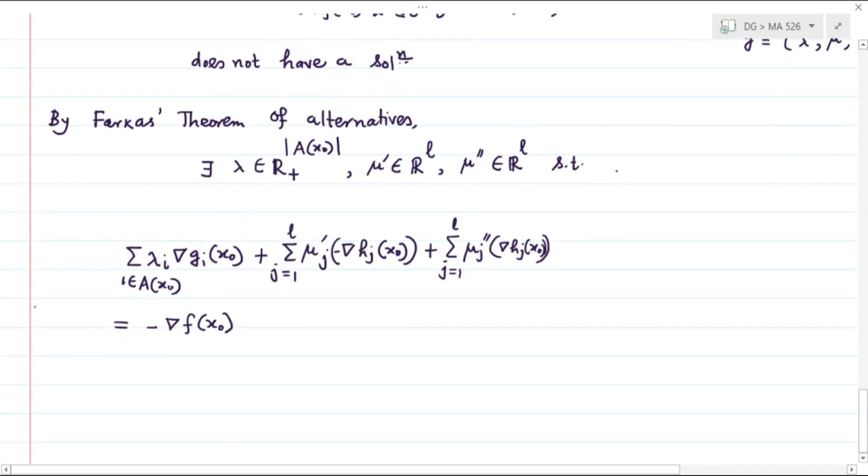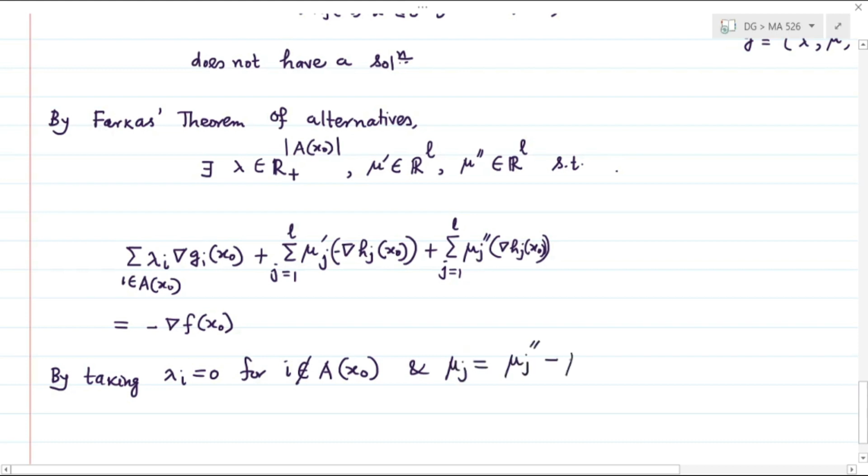Now here, by taking lambda i equal to 0 for i not belonging to the active index, and you also define mu j to be mu j double dash minus mu j dash. If I define, then we know that we have